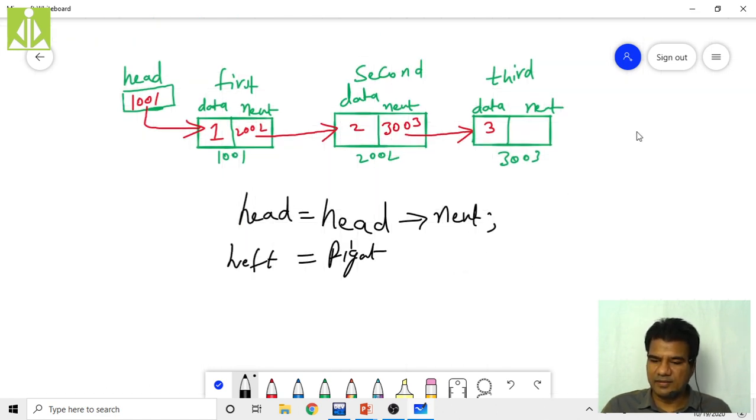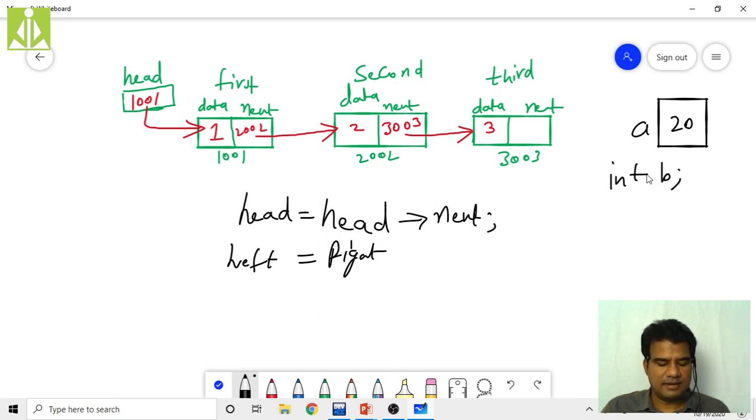Whenever we have a variable a with some location and the value 20 in it, let us say I am declaring another variable int b. This b is another memory location. This is also integer, this is also integer. This understanding is important. So we have the equals to assignment operator. How we use our variable with this equals to operator plays a vital role.